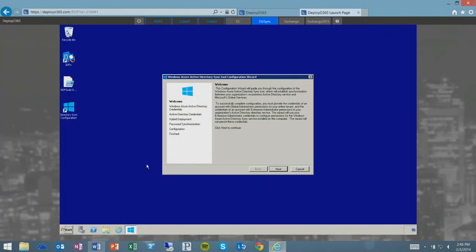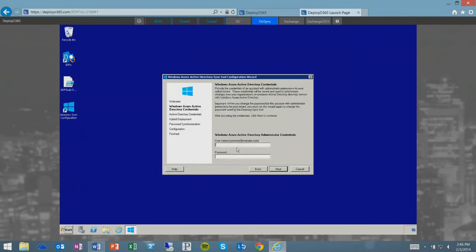I have my tenant created, ready to consume my directory sync of information, and I can literally start that, hit next, put in my username for my corp. So those are my, actually, no, that is my Office 365 credentials.